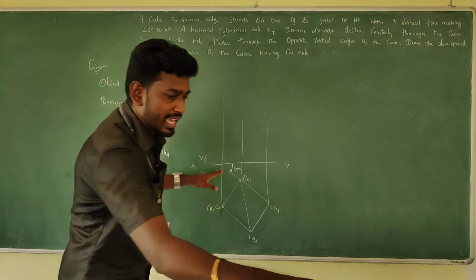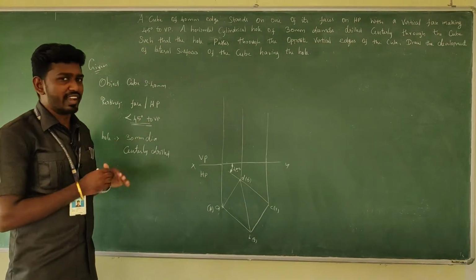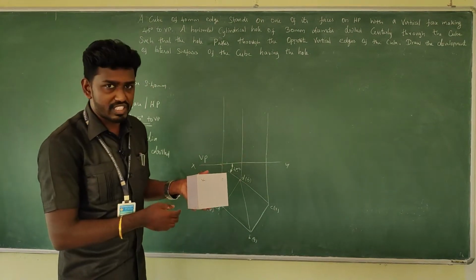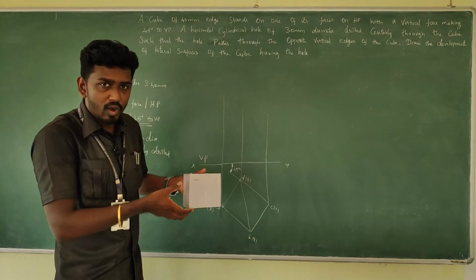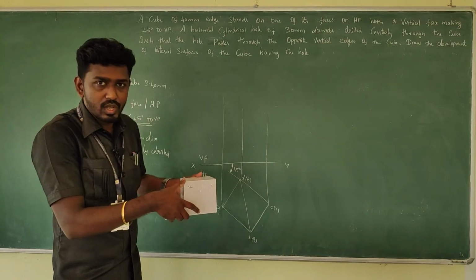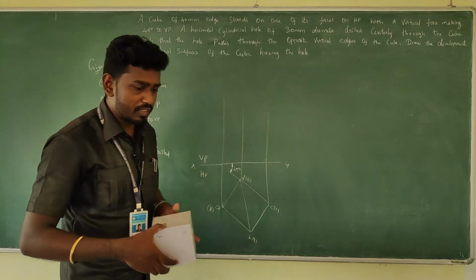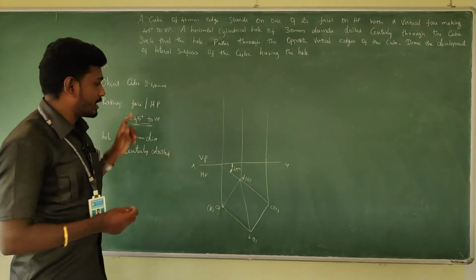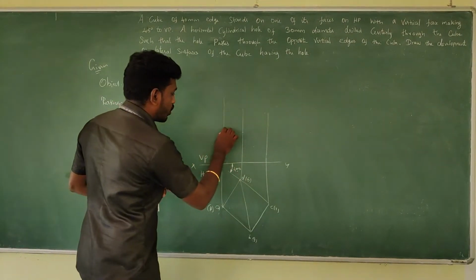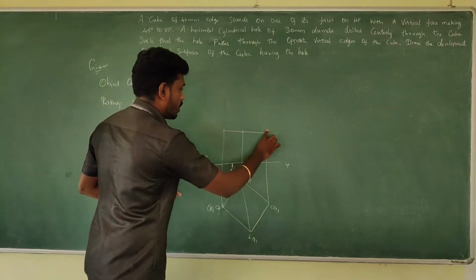So what about the height? In the cube, they never specify the height, am I right? Because all the faces are perfect squares, we can get the height from the perfect square, which is equal to the side of the object. Here the side is 40 mm. So take 40 mm and draw the boundary, so that we get the object.